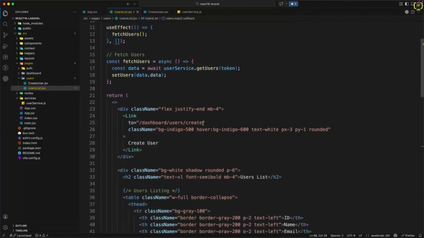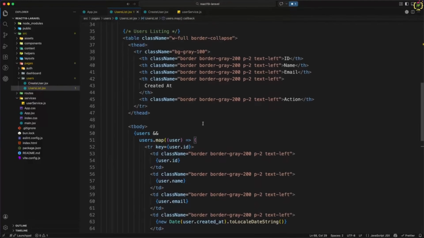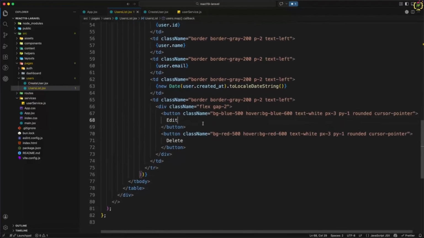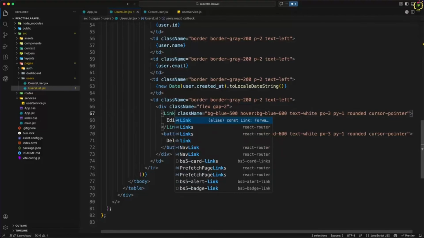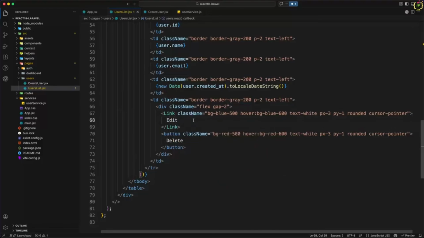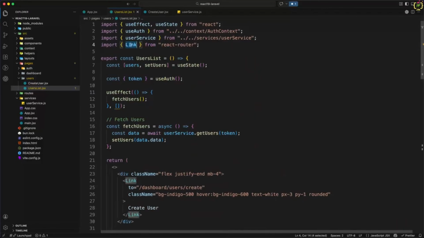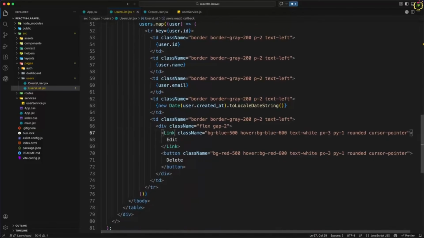So here we fetched the users data, and this is our tabular layout. Here we have this edit button. Currently this is a button, so I will change this to link, and this link I will import from React router. Okay, this has imported. Now I will add two attribute so that I can specify one route on which this will redirect. So I will specify one route as